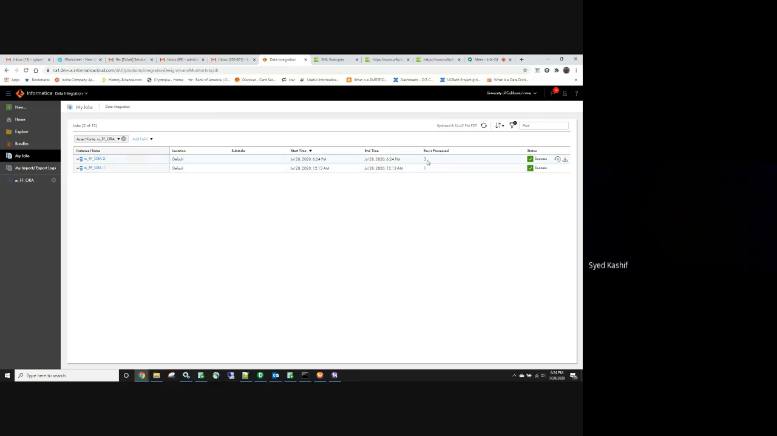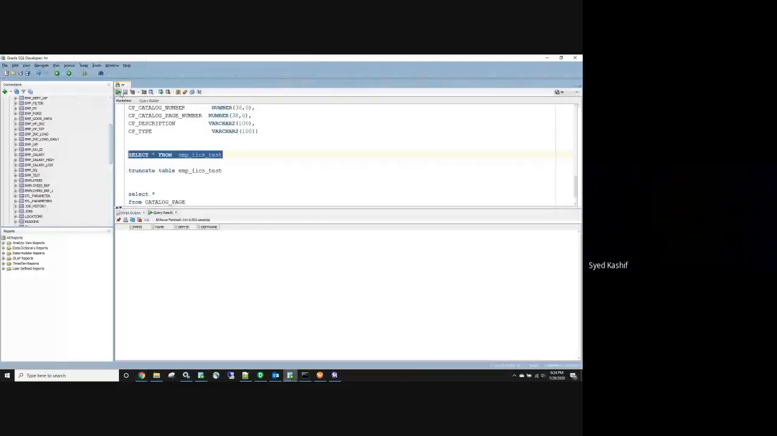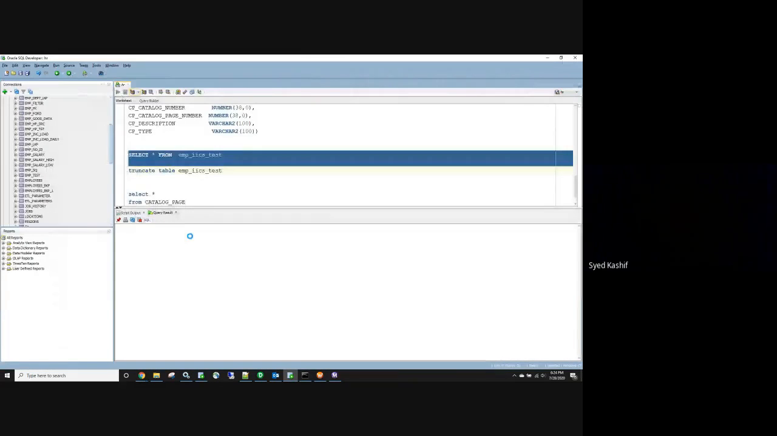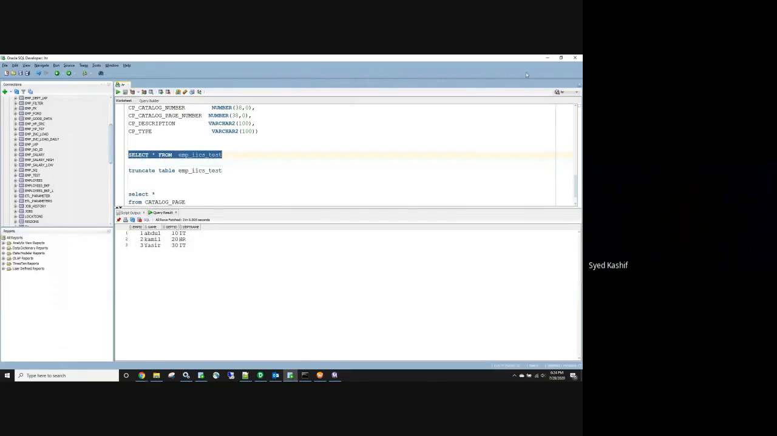Okay, so it loaded 3 rows. It extracted 3 rows from my flat file. So this table was empty, right? So I loaded 3 rows into this table. Okay, your question was,